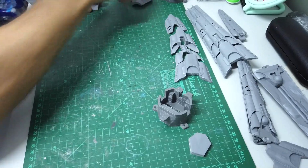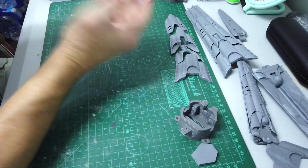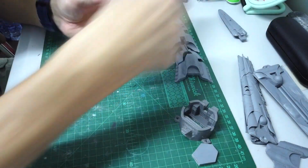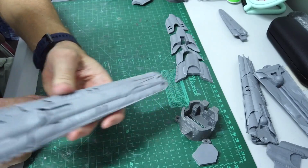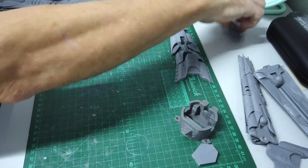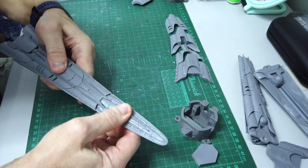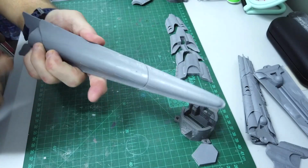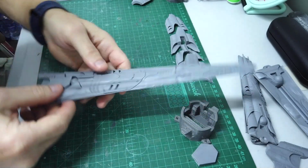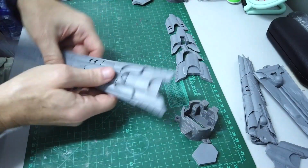So the next part is your spines. I think that's spines, or was it legs? So this is the complete piece with all the parts together. And then your tip just slides in and sits flush. This doesn't have to be glued on if you don't want it. So that's your spine. And this spine, where it joins on,